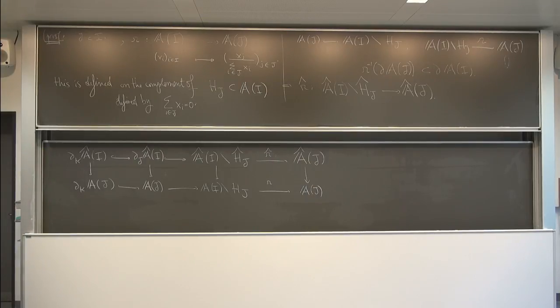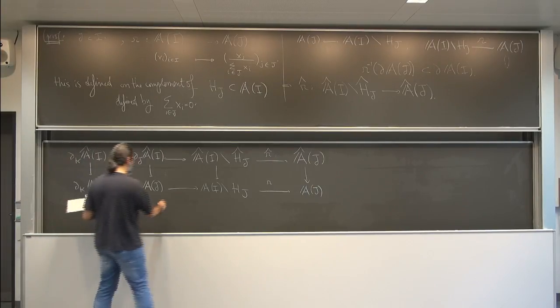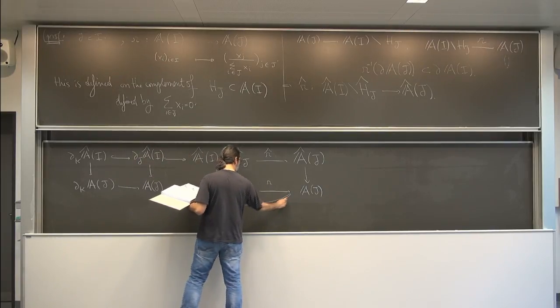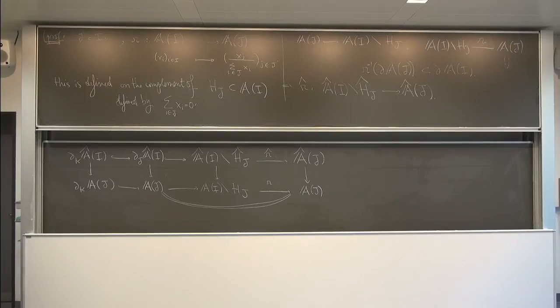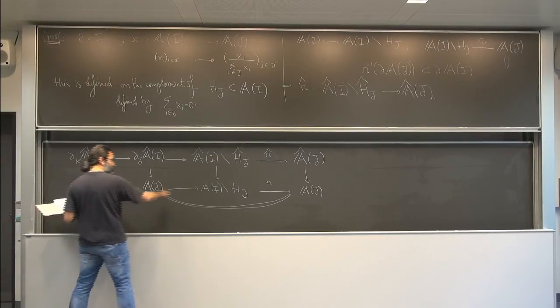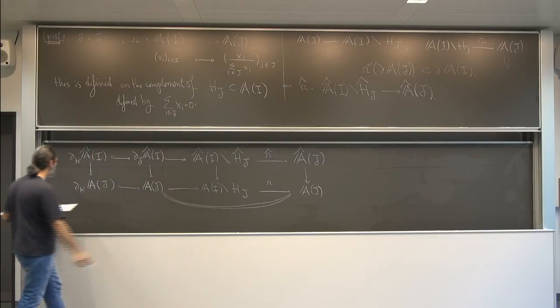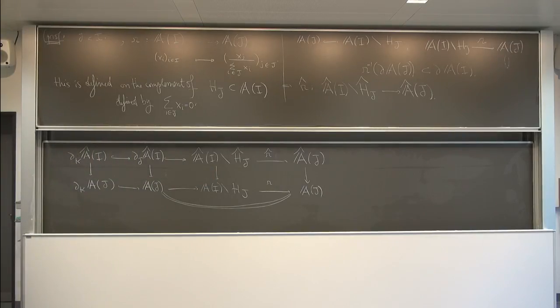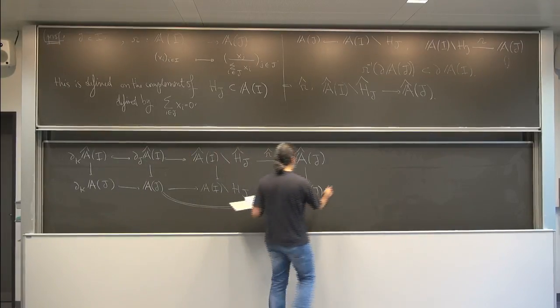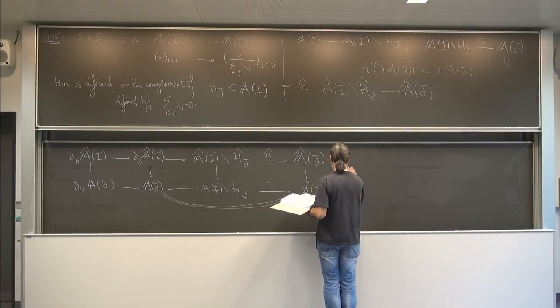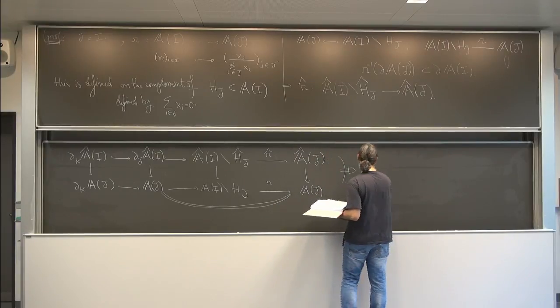Okay, and so of course this is identity. And therefore the composition here is just the inclusion of the K faces in AG, and so as a consequence, we see that the composition of